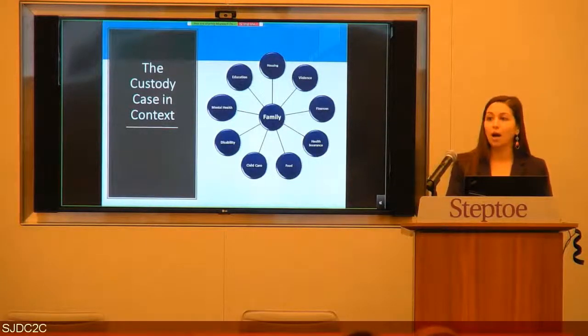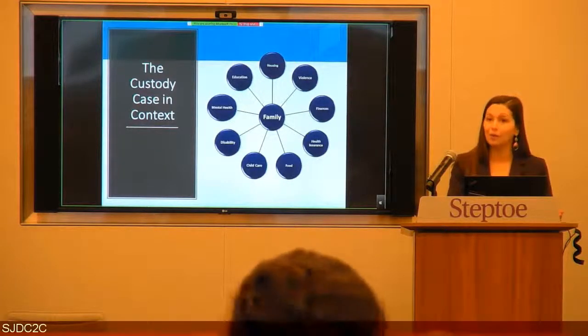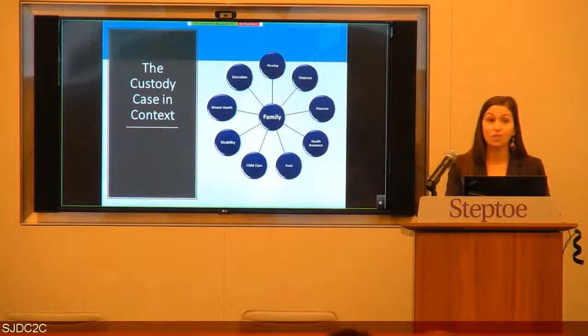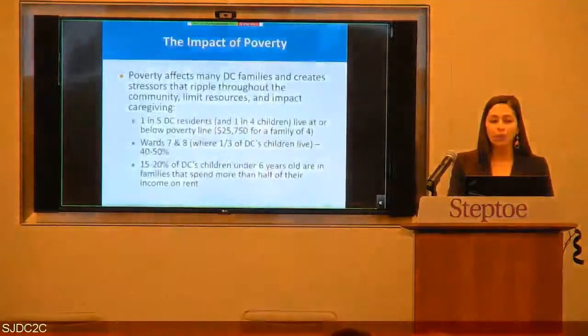These are common issues on our clients' plate in any of the cases that we're handling at Children's Law Center. So everything from housing stability to violence, from child care to mental health, education. You may see a number of these on your client's plate in some form or fashion. And again, every family is unique, so what it might mean for that family or for your representation is going to vary by the case. But these are things to be thinking about and to be aware of.